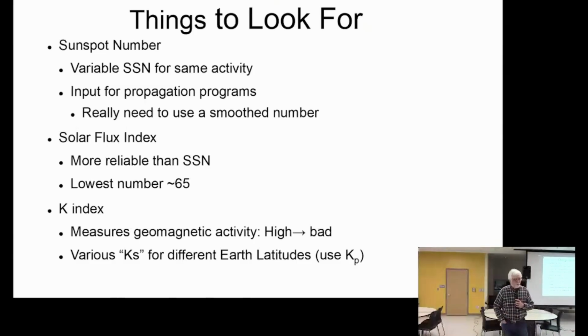And the third major number is the K index, and that measures the amount of geomagnetic activity that's going on. There are various K for different latitudes. You use the so-called planetary K, KP, to get an idea of the whole Earth. After all, we're sending signals all the way around the Earth. The K index,